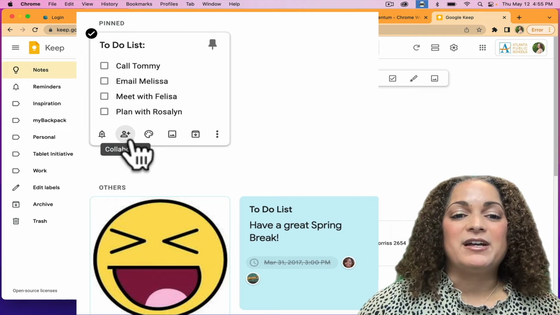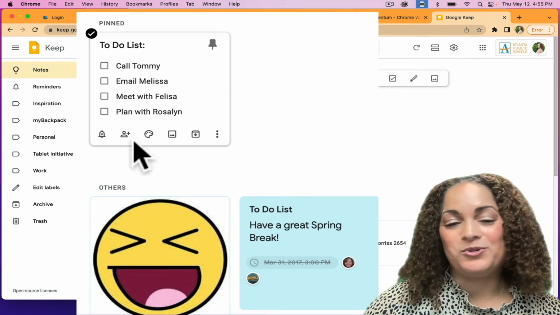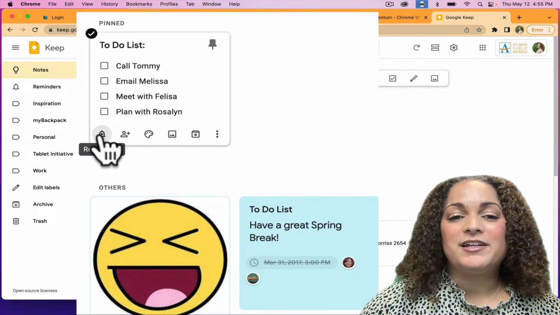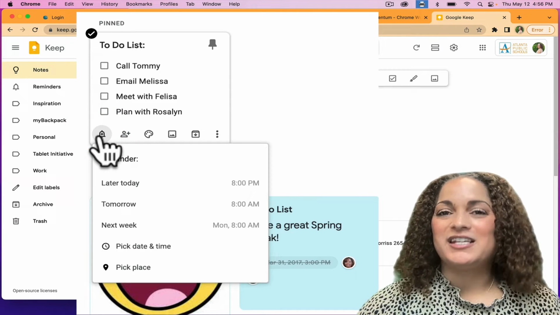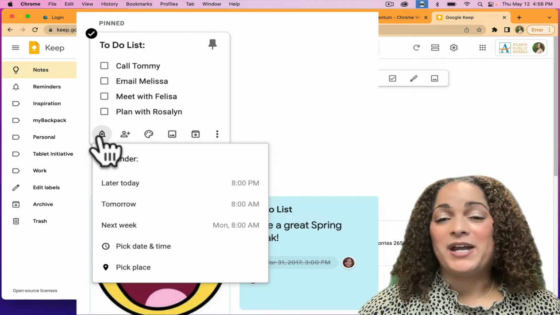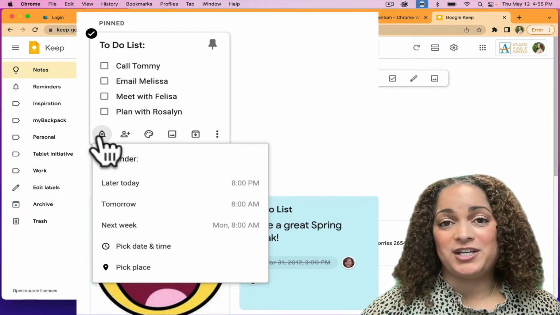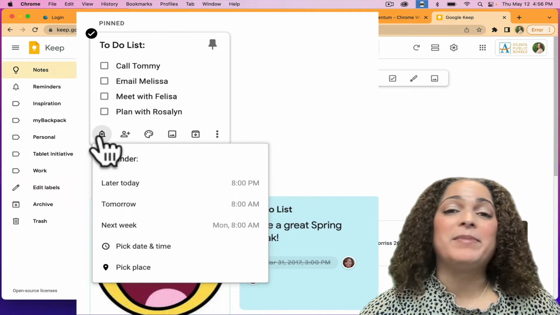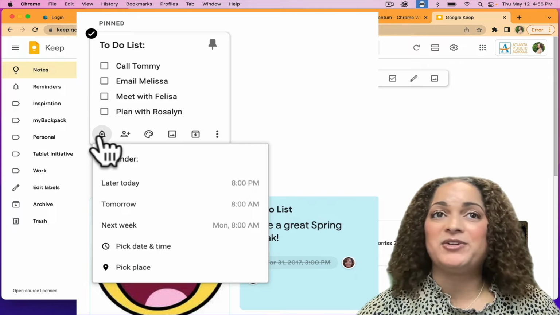Now, if I come down here, let's run across the tools down here at the bottom. I can click Remind Me. Now, why would you need this? Well, I'm glad you asked. If you, for example, were heading to a different school location and you needed to stop and pick up something on your way there, maybe you needed to pick up